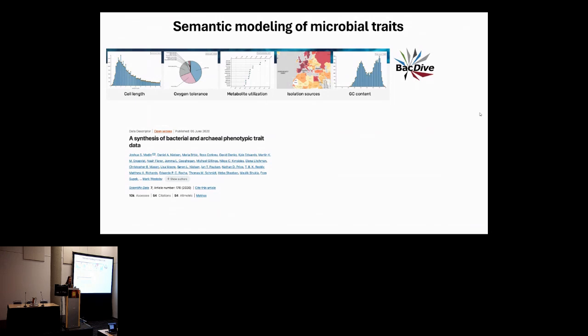So you can get morphological information as well as metabolite utilization, etc. We also integrated microbial trait data from this Madden et al. paper, which provides a machine-readable trait database that covers 14 different phenotypic traits and other quantitative genomic traits, environmental characteristics, etc. And we were able to model that and map that to many of the ontologies that we can then provide more of that hierarchical structure and semantic structure.